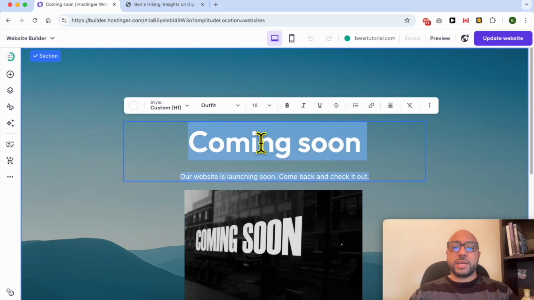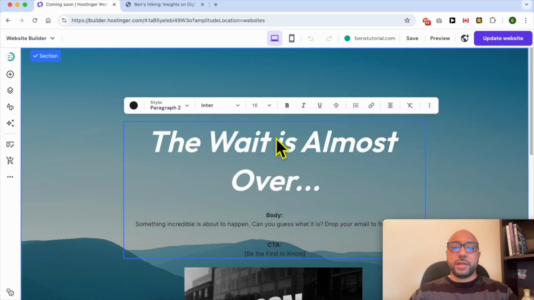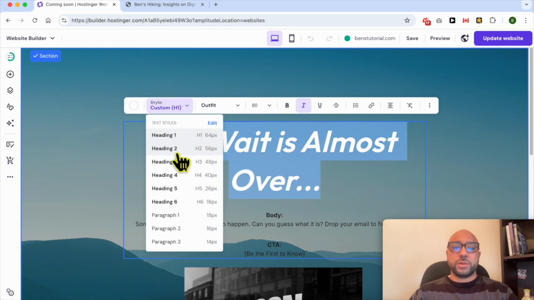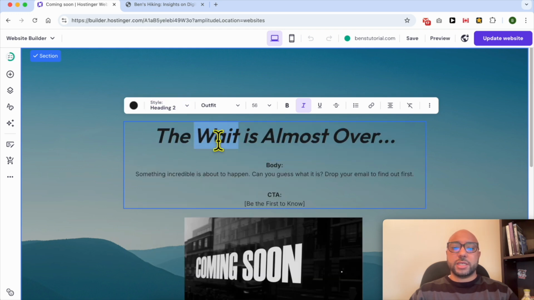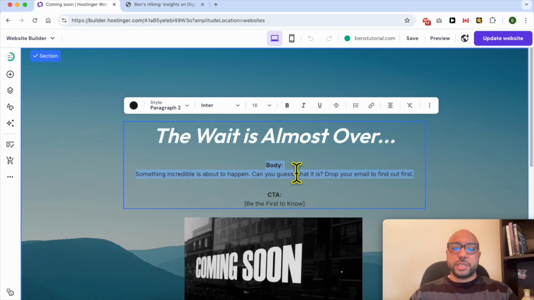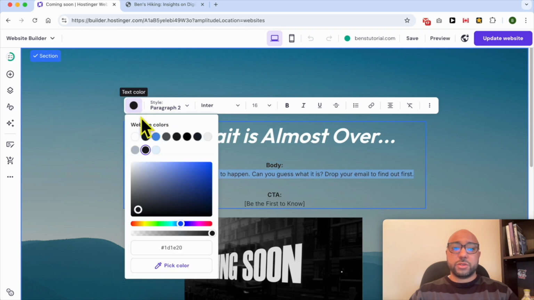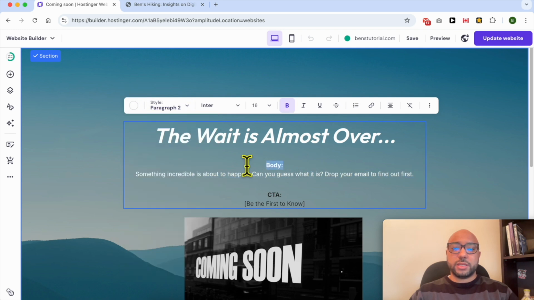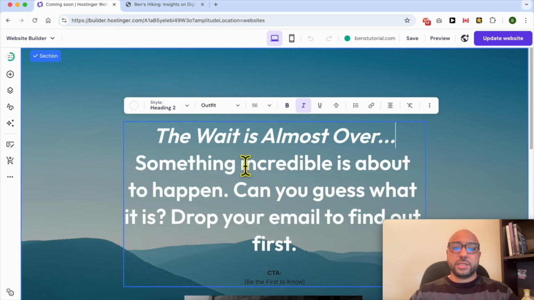Now I have a little copy, or text, that I want to use. This is my copy. I will make this title a little bit smaller. Let's keep it white. Same thing for this body text. I will turn it to the white color. Let's delete this phrase and make